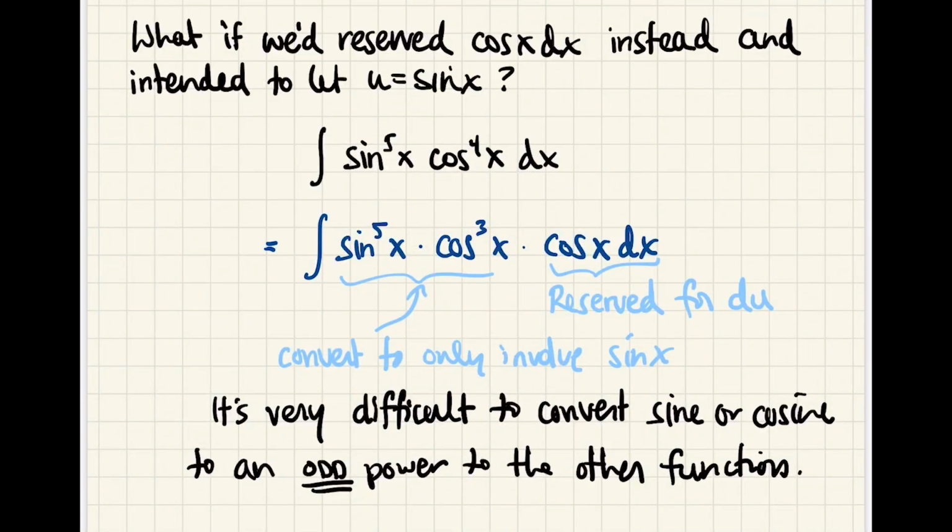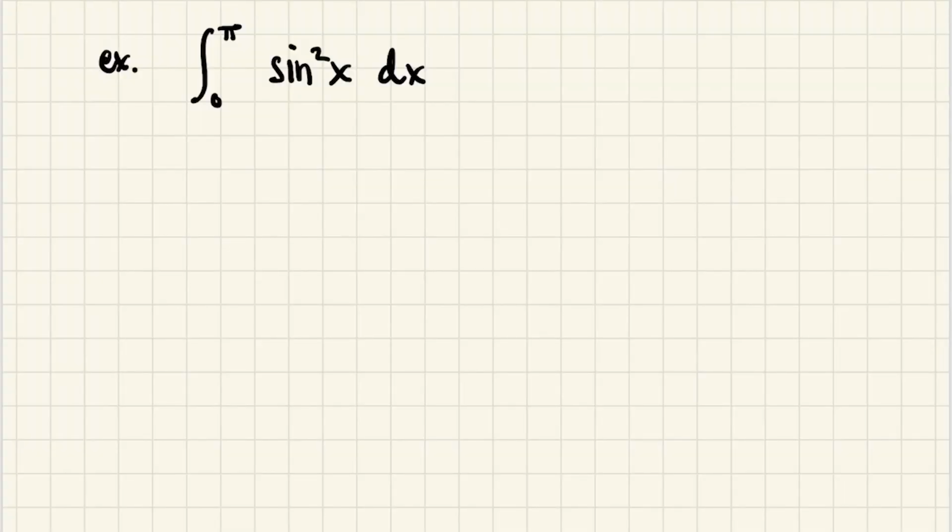Okay, but what if you only have even powers? Well, let's look at our next example. Okay, so here we want to integrate sine squared of x dx. Now, our move where we're reserving a factor of sine and converting what's left to cosines isn't going to work so well, because if we reserve a factor of sine, we'll only have one sine left, and that's difficult to convert to cosine. For instance, if we were to do that, we'd have sine of x times sine of x dx,